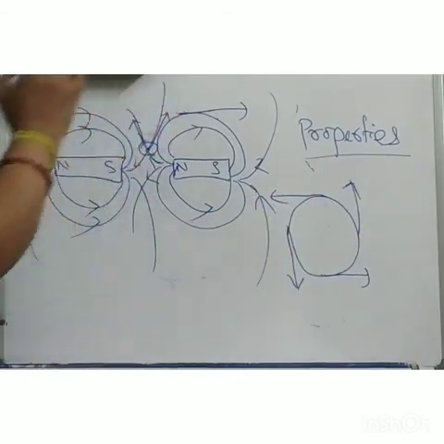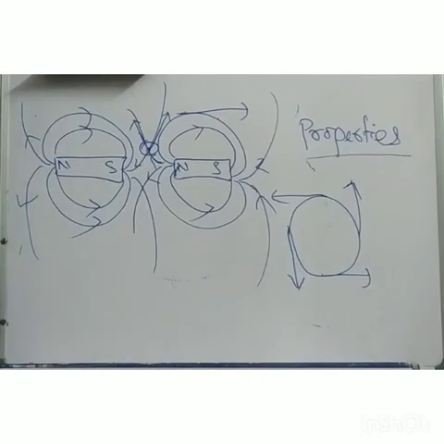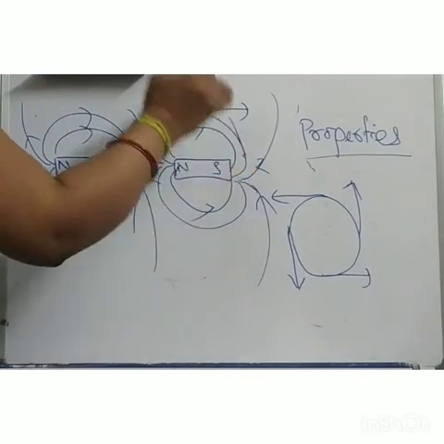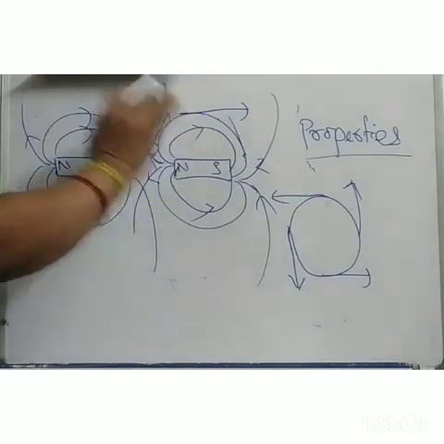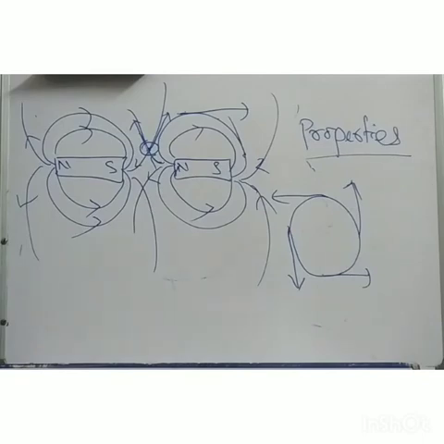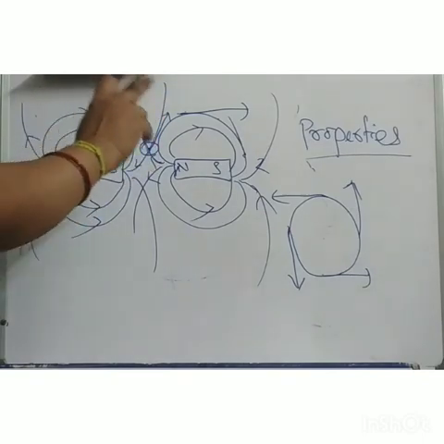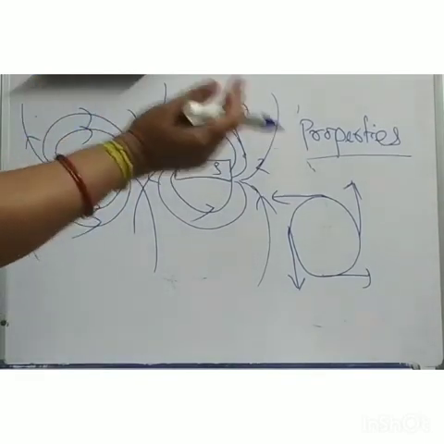So similarly over here also, if you want to get the direction of the magnetic field at any point, just draw the tangent at that point, and you will get your magnetic field direction at that point. Clear? Two points I have discussed. At every point you can get your magnetic field line direction. Draw a tangent, then you will get the direction.